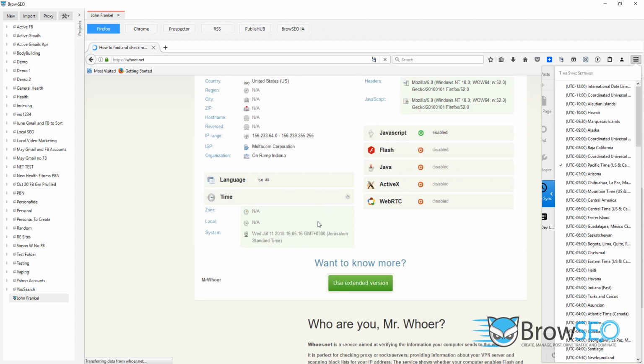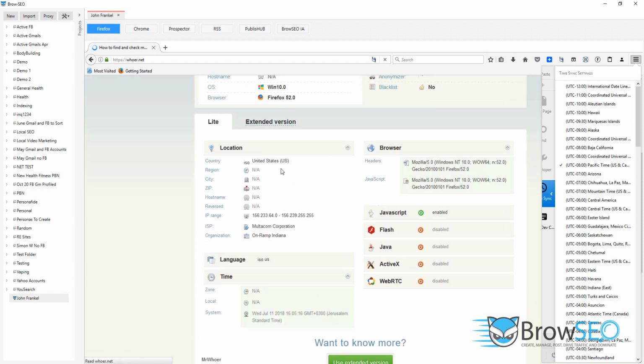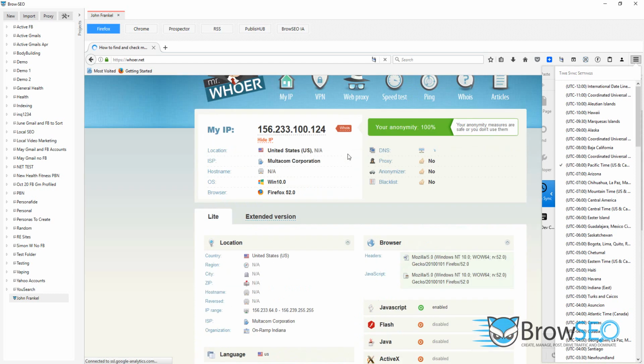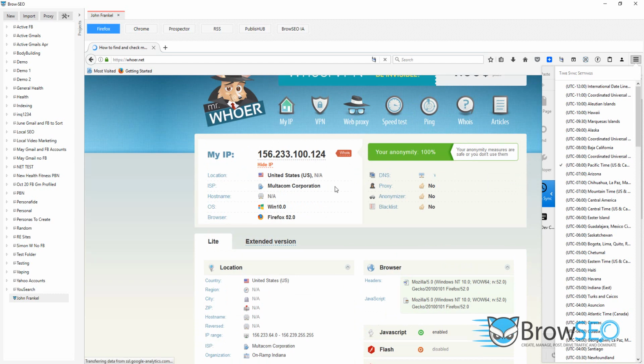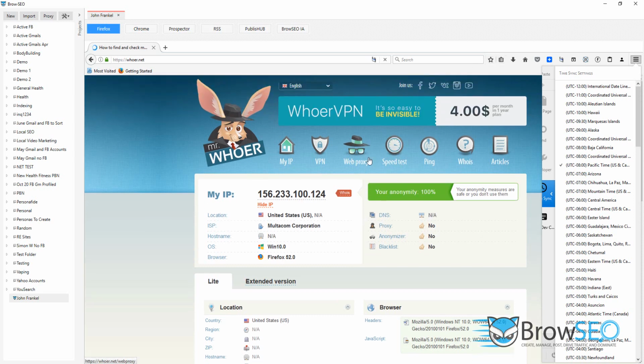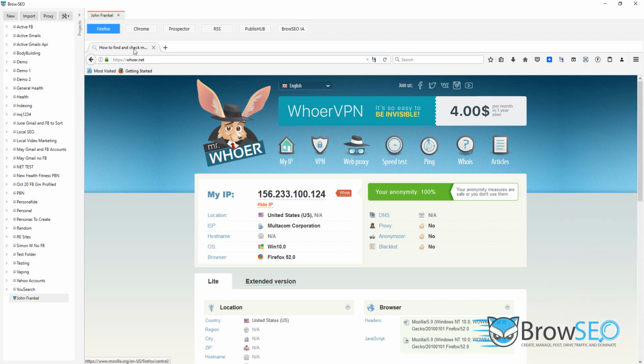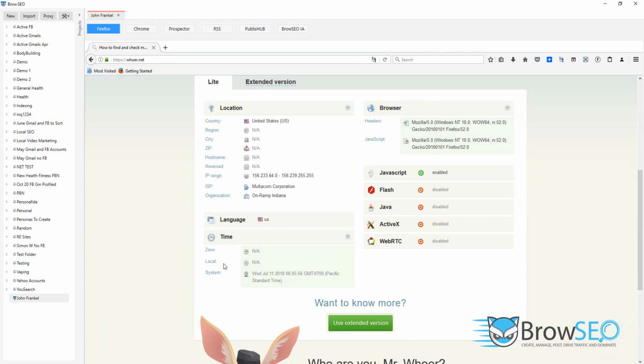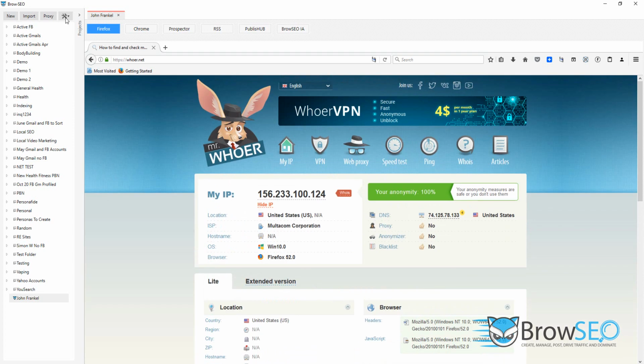System time. Where are we though? Country. Does it show the country over here? I mean, it shows the country. Does it show the state? Doesn't show the state, but it shows here that we're at 100% anonymity. I'm not sure how accurate that is. Oh yes, the time has changed. Okay, I've got it here. Maybe it hasn't reloaded. Pacific, yes. Okay. All right, so play around with all these different sites, and change